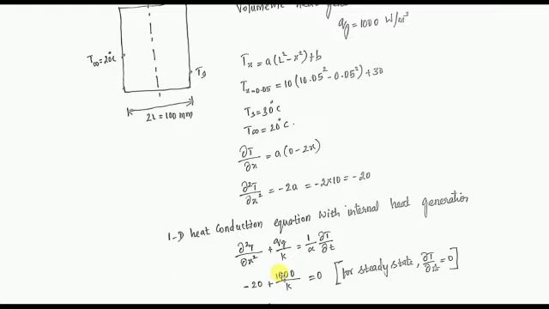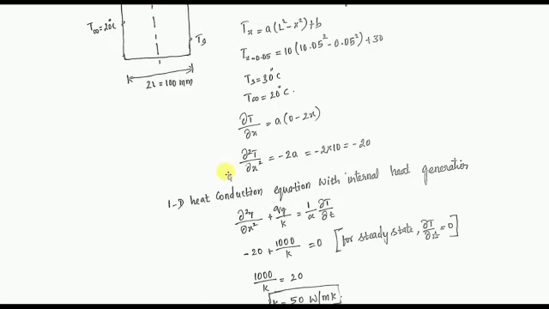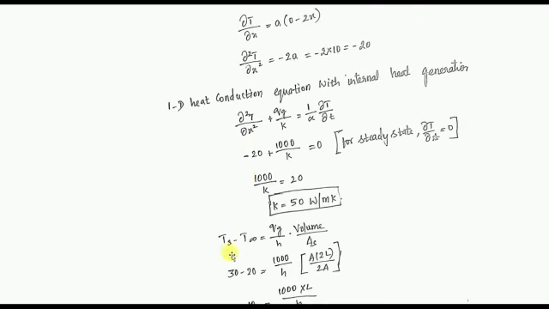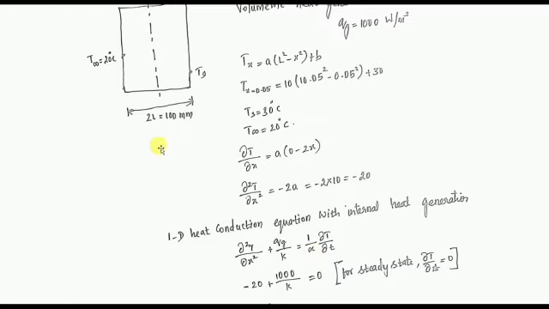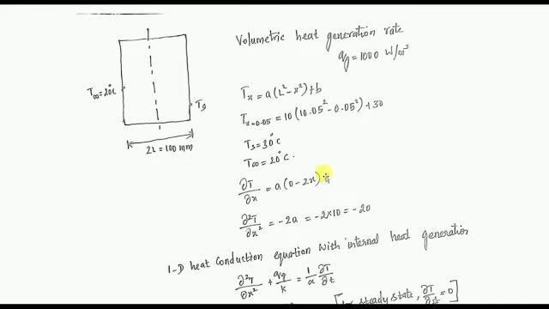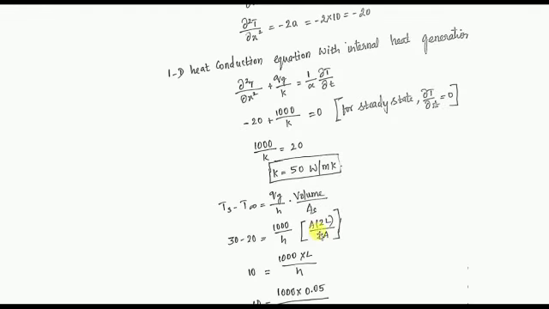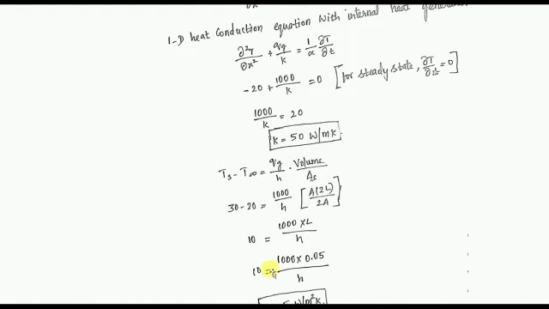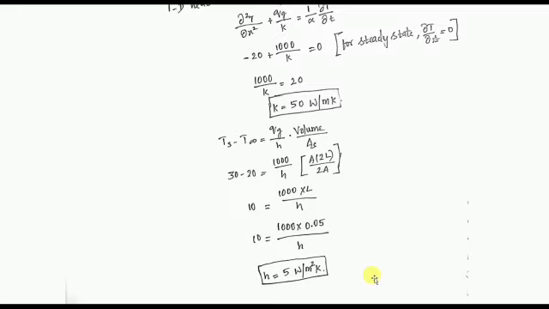And for this plane wall, we have studied this formula, that is Ts minus T infinity equals Qg by h into volume upon surface area. Here every value is given. You are going to just substitute the values. See, volume is area into length. Here the length is 2L and the surface area is 2A. The 2 cancels, A cancels, and L will be there. If you substitute all those values, you will be getting the value of h.